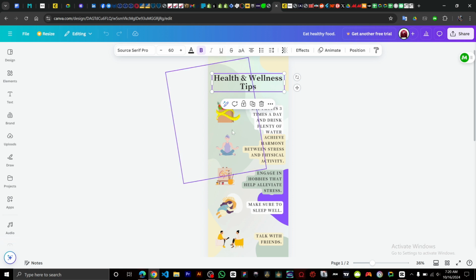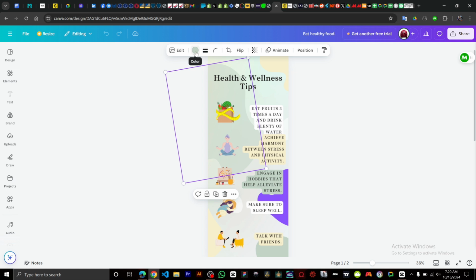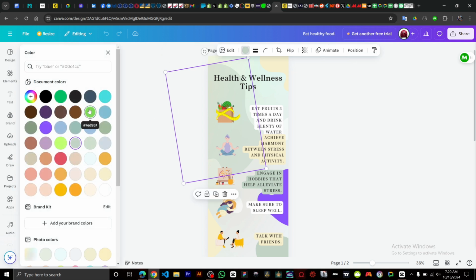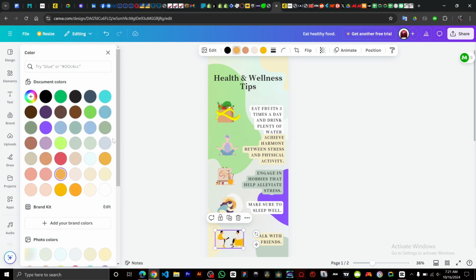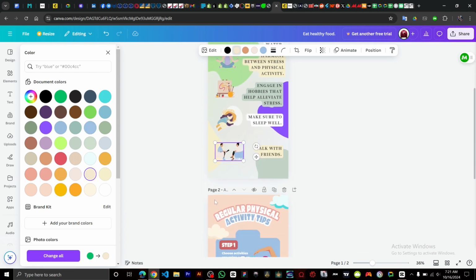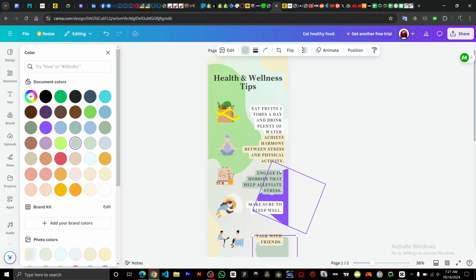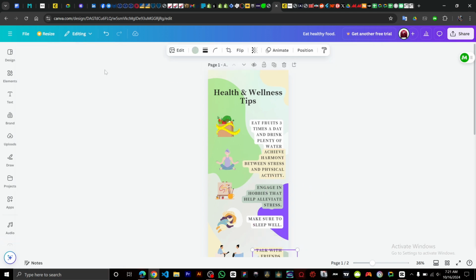Right here we can change this one. I can change the color to green if I think it looks better, and change it to blue, whatever works. Okay, make sure to sleep well, talk with friends. So we can change the colors of, let's say, the chair should be red, blue. So you can set it up however you like,